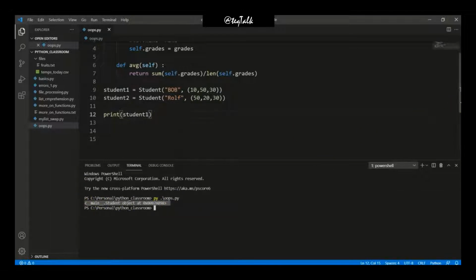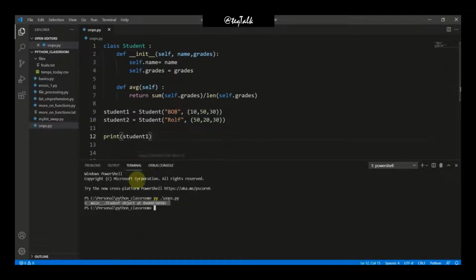So this string representation is not making any sense to us programmers and to the users who are going to use our code, so we can actually manipulate this thing to a more sensible and more user friendly output. And to do this we can use our str method and wrapper method. So how to do this?